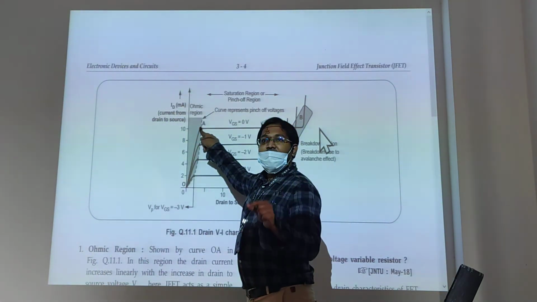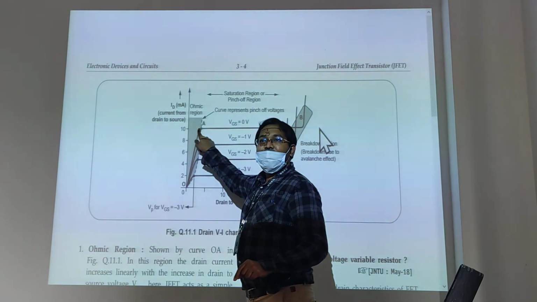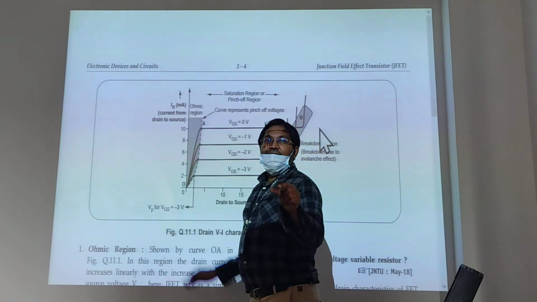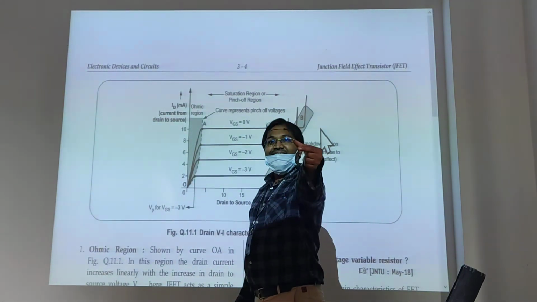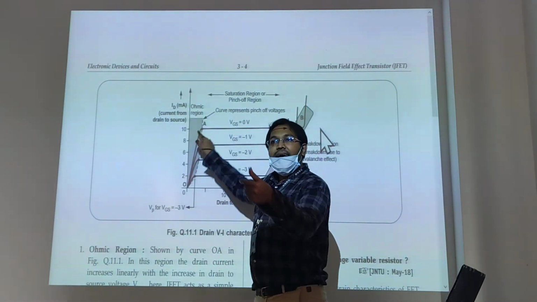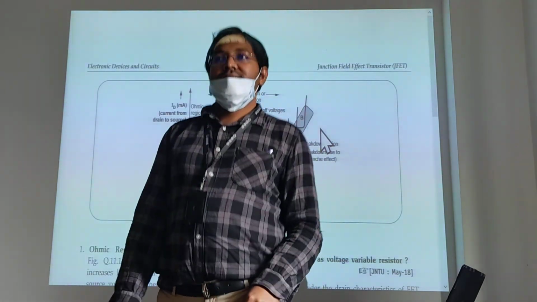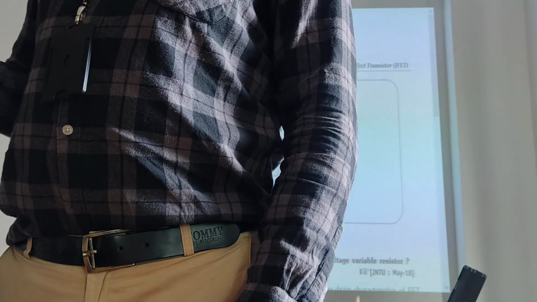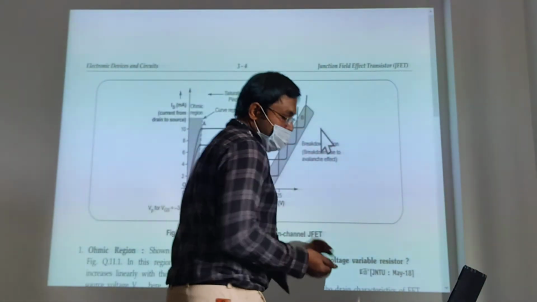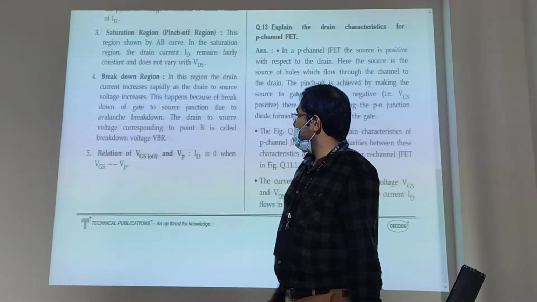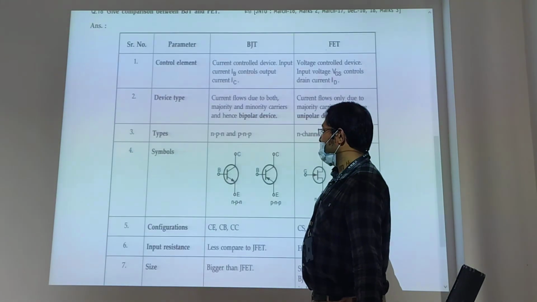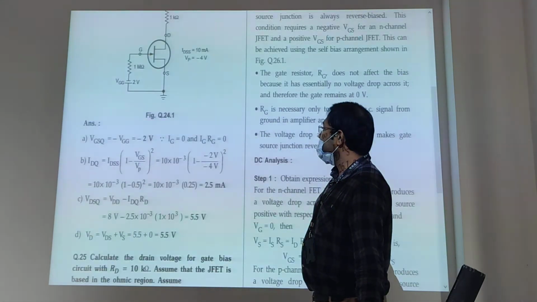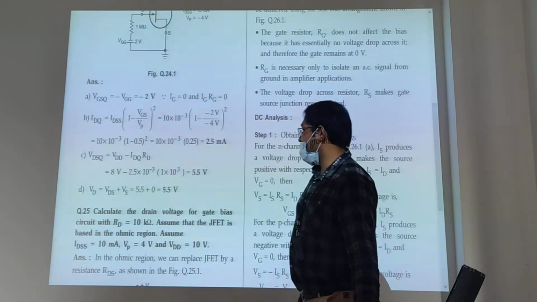So, in conclusion, from this point what can we understand? We can replace FET by a resistor, and the value of that resistor will be Vp by how much? IDSS. Clear? Is there anybody who didn't understand this? Now, by direct substitution, you can easily solve the problem. Now solve. It is very easy.